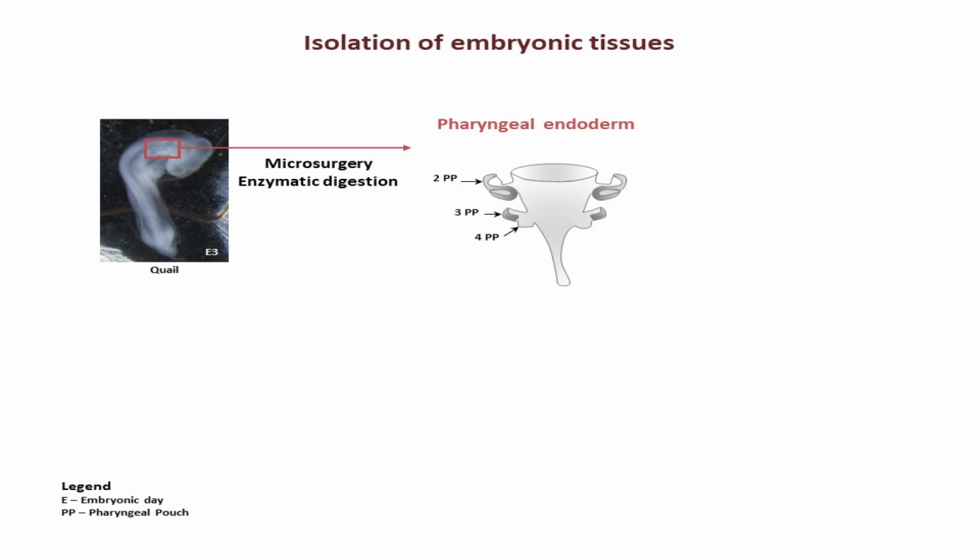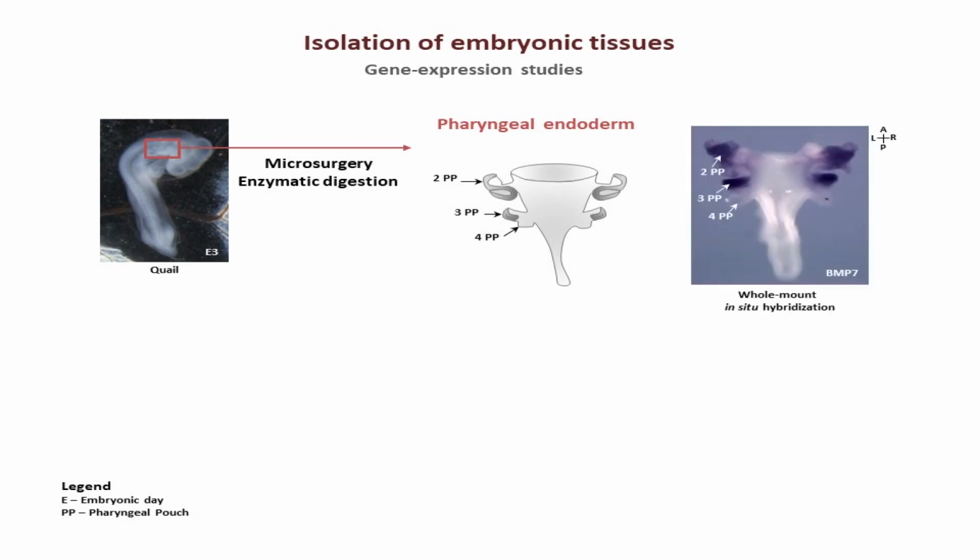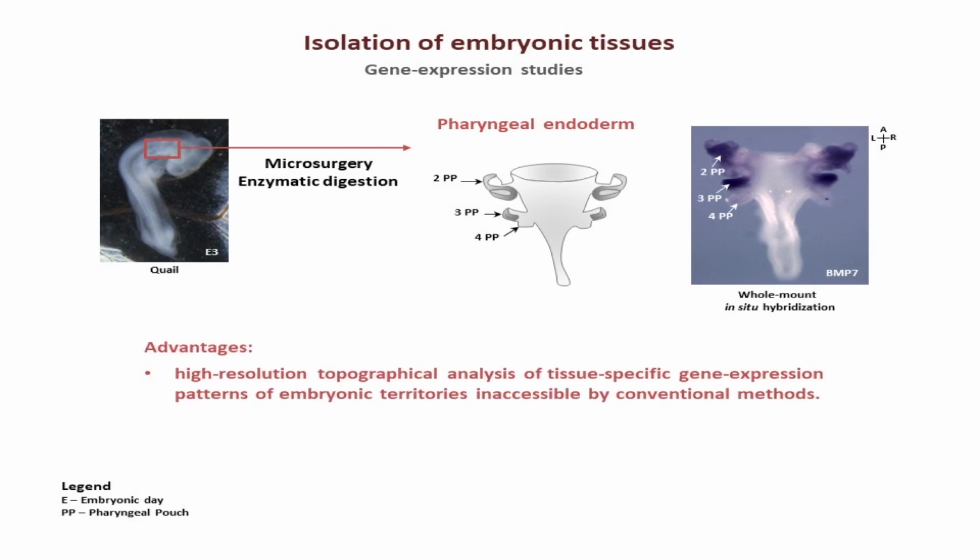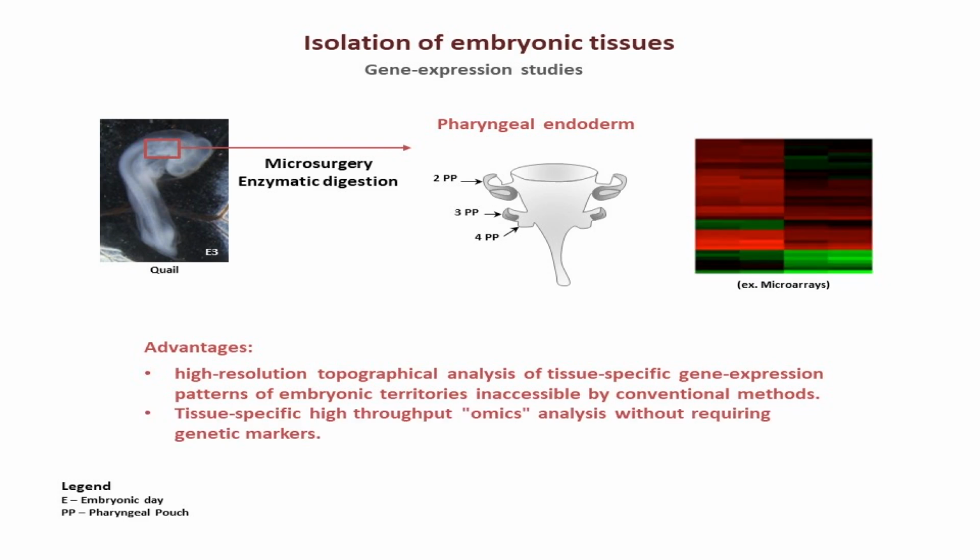preserving its biological properties. After isolation, the three-dimensional preserved tissues can be used for high-resolution topographical gene expression patterns analysis. This approach is particularly useful for detailing in situ gene expression in embryonic territories otherwise inaccessible by conventional methods. In addition, transcriptome analysis approaches can also be applied in isolated tissues without requiring genetic markers, while providing a tissue-specific